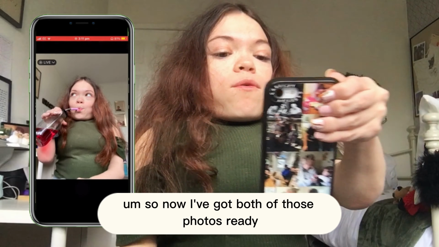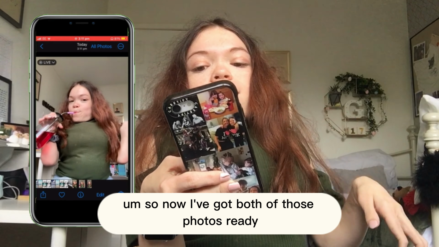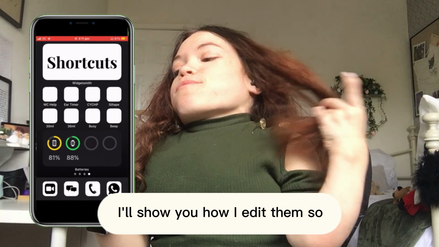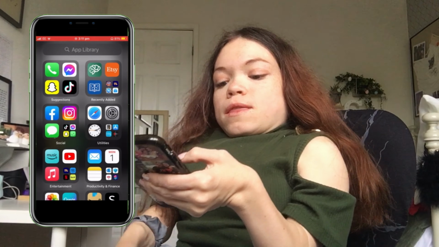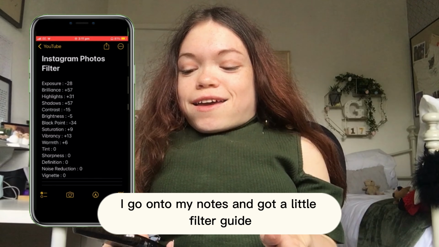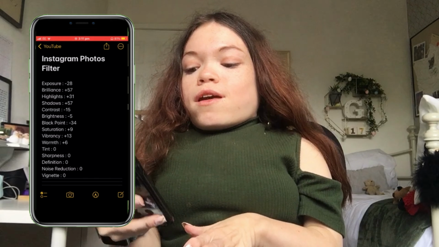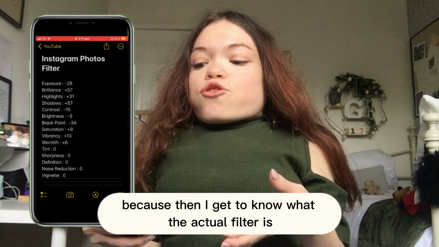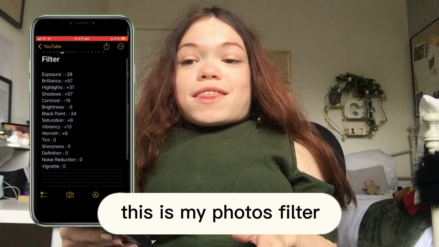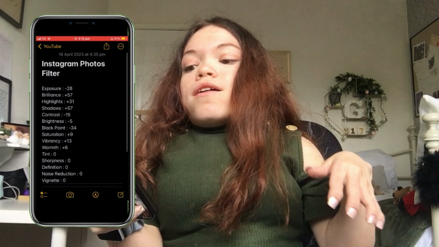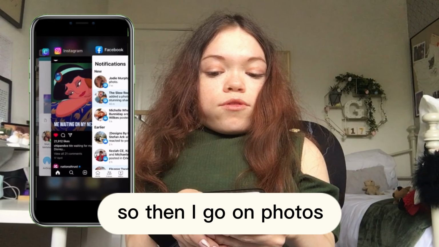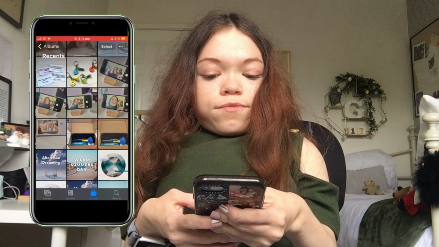So now I've got both of those photos ready for a carousel and my story one. I'll show you how I edit them. So I go onto my notes and I've got a little filter guide on my notes. It's really exciting because then I get to know what the actual filter is and I get to put it in every single time. This is my photos filter, and obviously I'll show you that in a minute. So then I go on to photos,